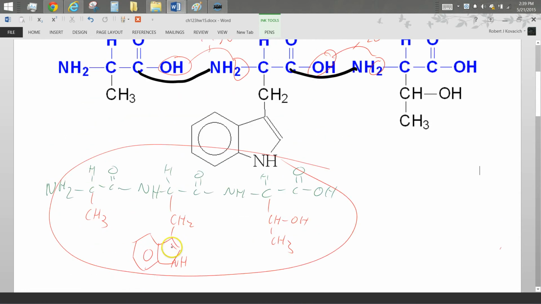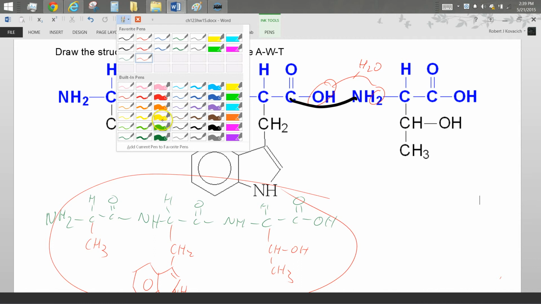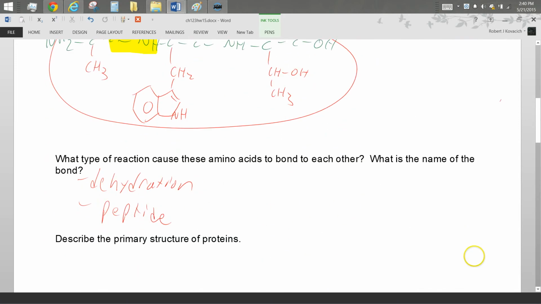But the peptide bond actually has another name for it too, from last exam. What is that there? That's an amide, right? That's how you make an amide, remember? That was an exam question. I need an amine, and there's an amine, and I need a carboxylic acid, and there's a carboxylic acid. So when I'm making a polypeptide, I'm really just making an amide over and over and over again through dehydration. So it's also a